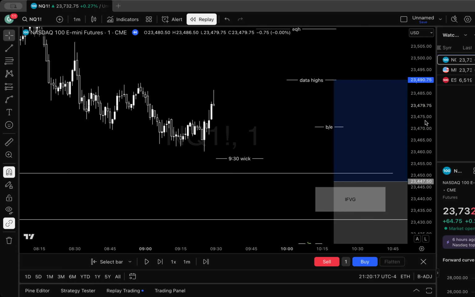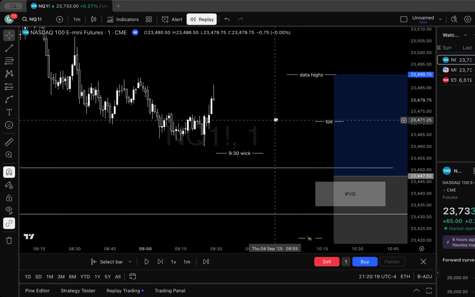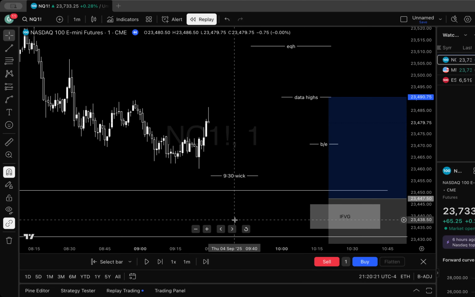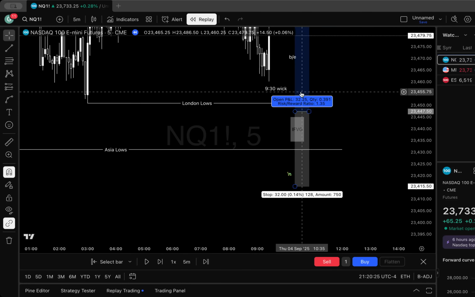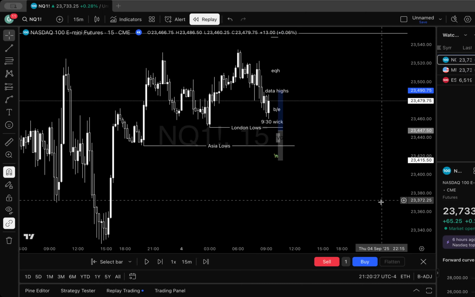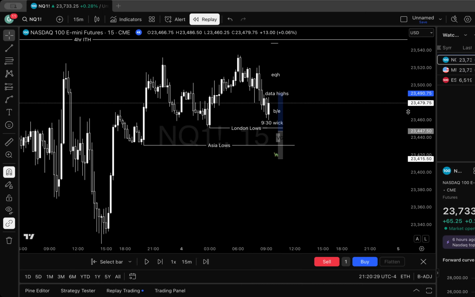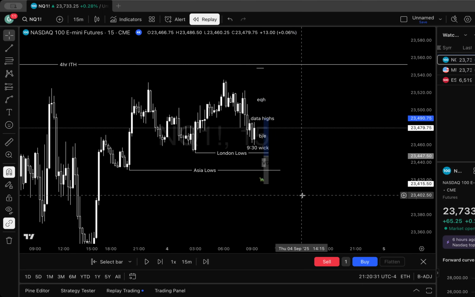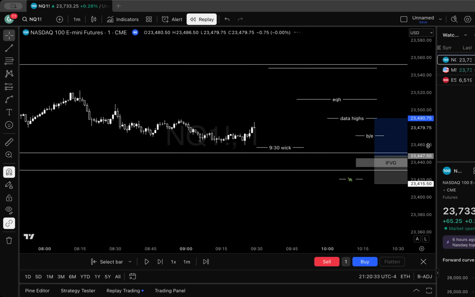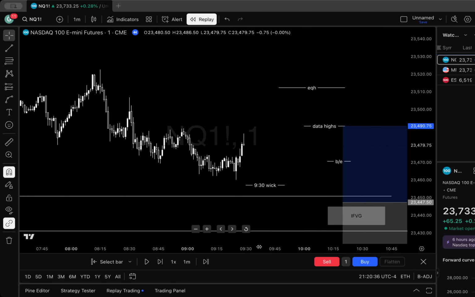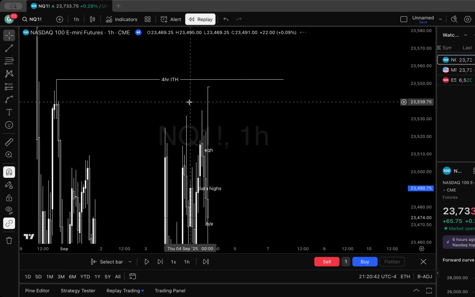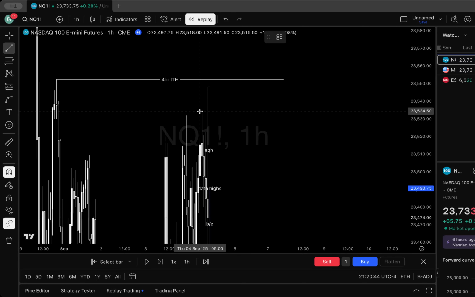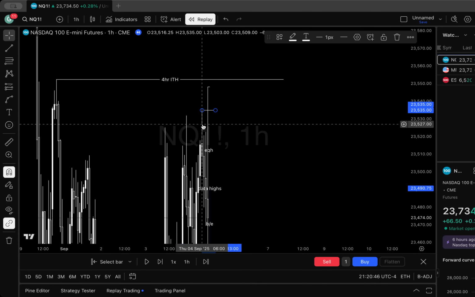But the scenario that I honestly preferred, because I'm going with my bias here, is that we open lower, we take out these London lows and these Asia lows, and then we just get that move higher here. So basically coming into open, here's what we did. We just ripped higher. We did actually take out all of these highs here, this high of the day,